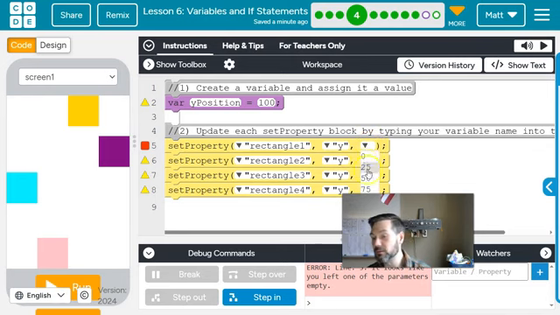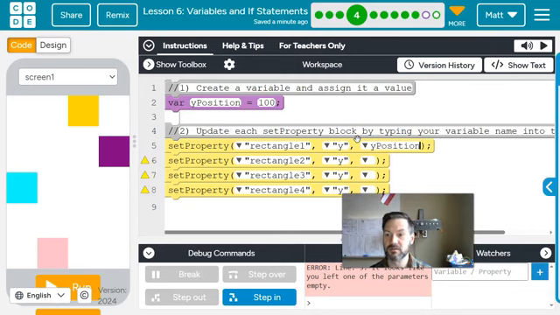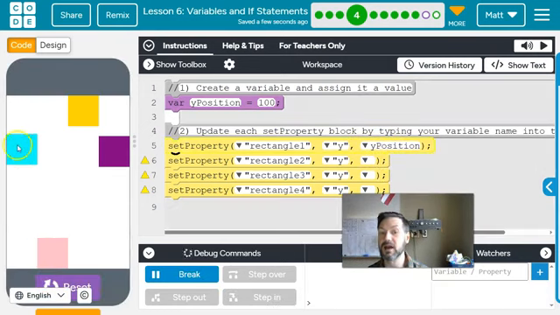Now normally what you've done before has been that you would select a number or type a number in, like 100. But now we're going to use our variable instead of typing in the number. So we're going to say yPosition. If we get our spelling wrong or our capitalization wrong, we'll get an error saying that it didn't exist. Now I'm going to run it. And okay,